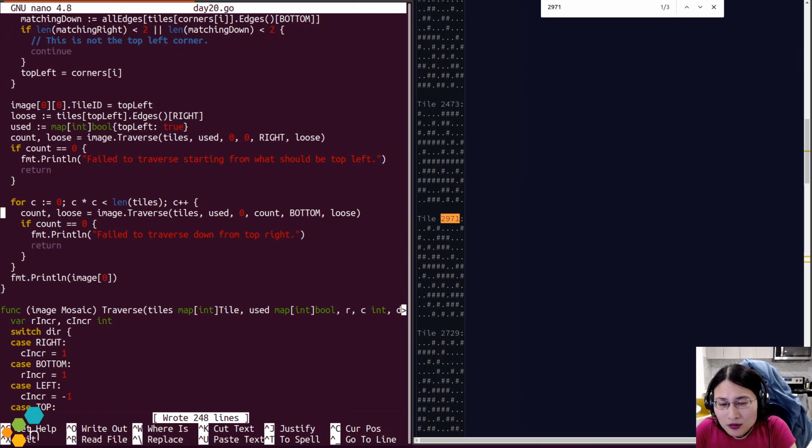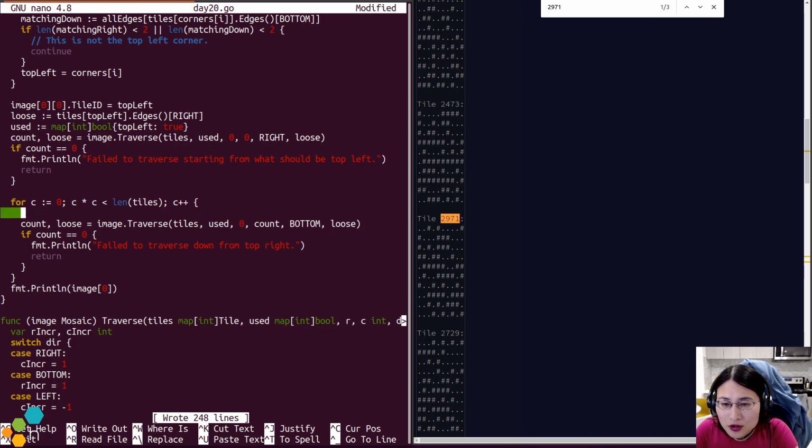So now, from row 0, column C, in fact, I don't need to specify what the loose edge is.